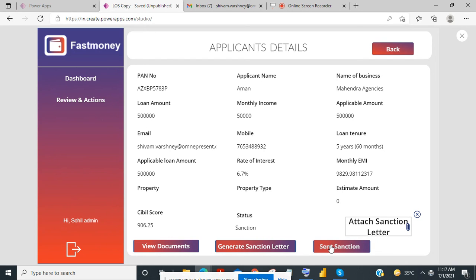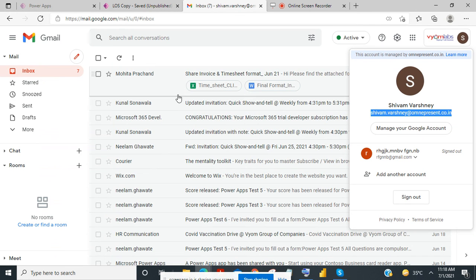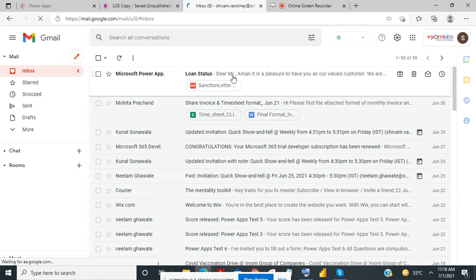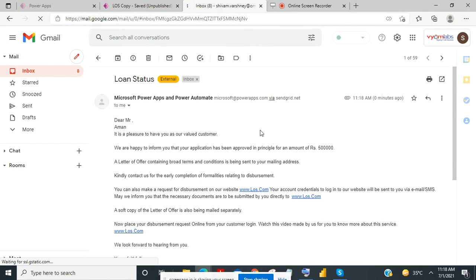And once I click on send sanction, it will send an email to the user that your loan request has been successfully accepted, or something like this. I have clicked on send sanction, and I will show you how the mail you will get. So let's see. So we have got this loan status.